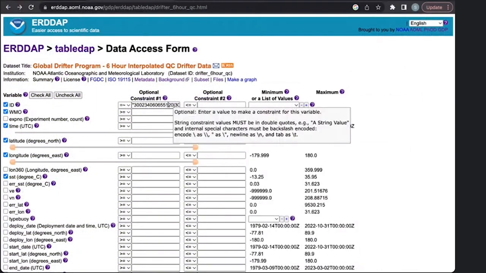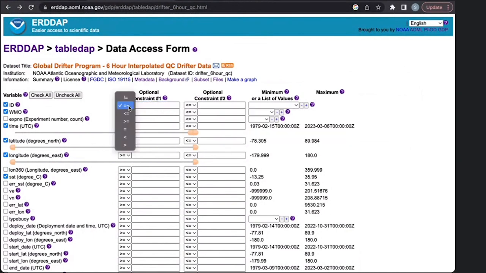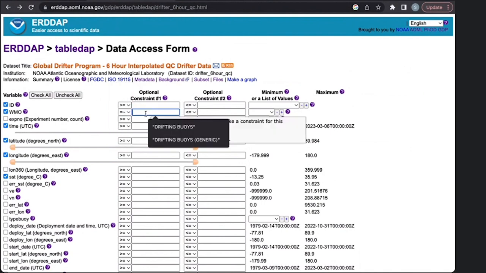We can also search for 2 different WMO numbers. So I'm going to clear the ID selection and change the operator back. And now the same steps apply. So we open the drop-down menu next to WMO. We select the second option from the top. We open our double quotes, and now we're dealing with 7-digit WMO numbers. So our first number,